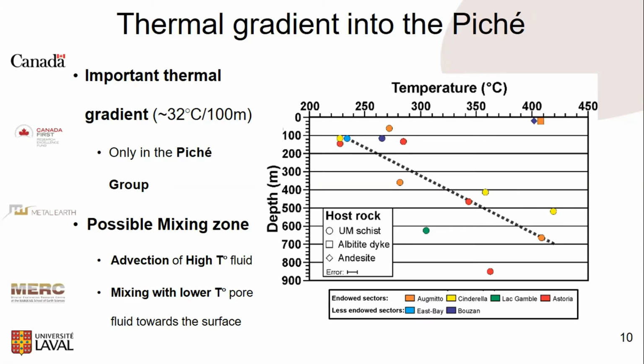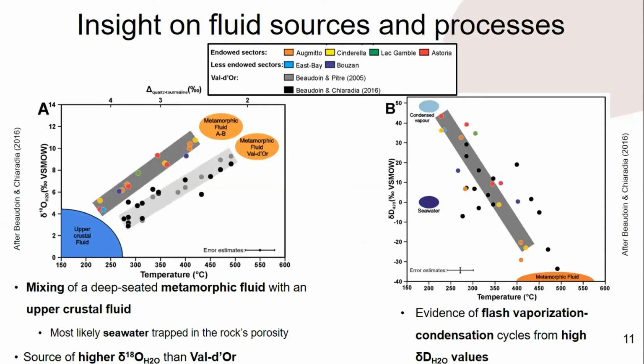So this thermal gradient is likely associated with a mixing zone. So we would have advection of high temperature fluid at depth that would mix with a lower temperature pore fluid towards the surface. So once we had the temperature, we computed the isotopic composition of the fluid so as to discriminate the sources. So looking at the oxygen isotopes, we have 2 end members, and the same can be said for the hydrogen